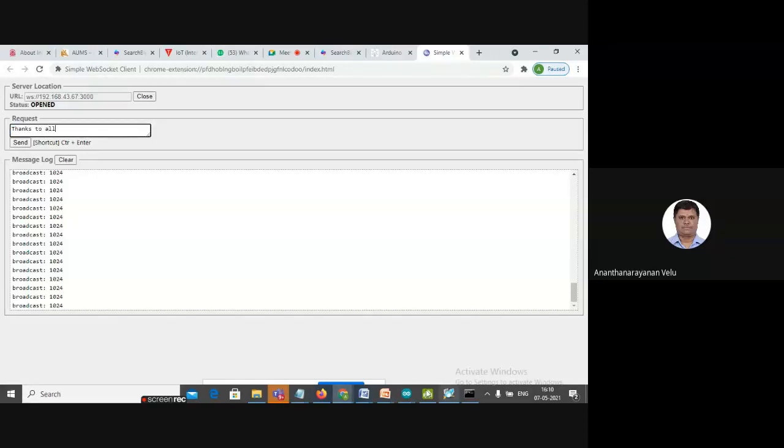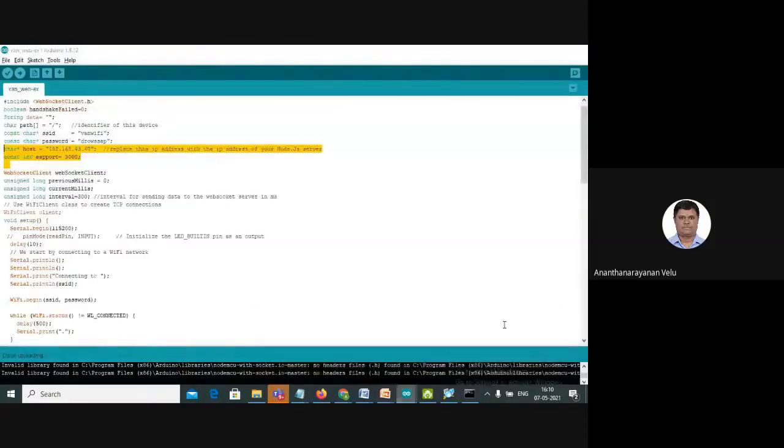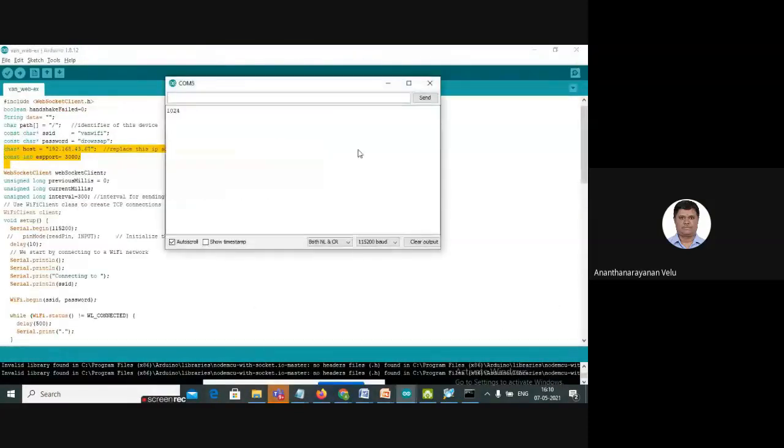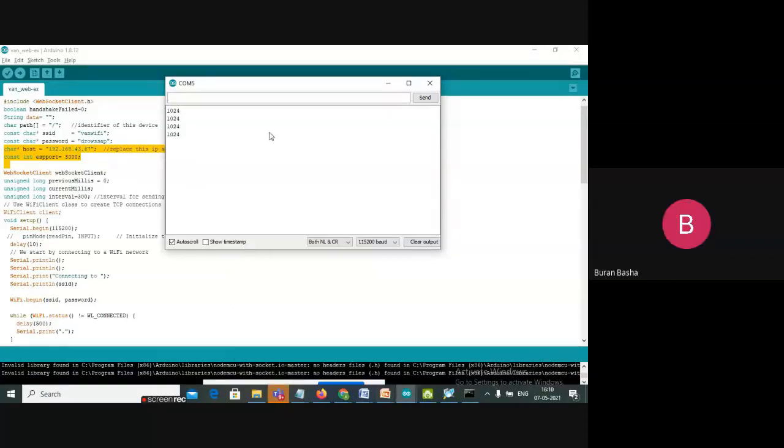Look at here in the Arduino, particularly in the COM port, it should be able to receive the messages without sending any request. That is more important. Now you look at here, the Arduino board is not sending any request, right? It is simply pushing some sensor value. That's all.